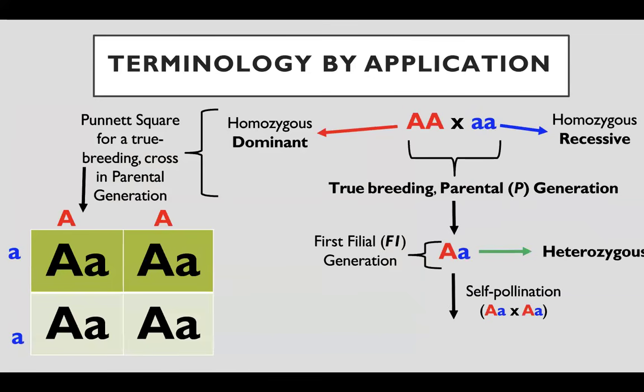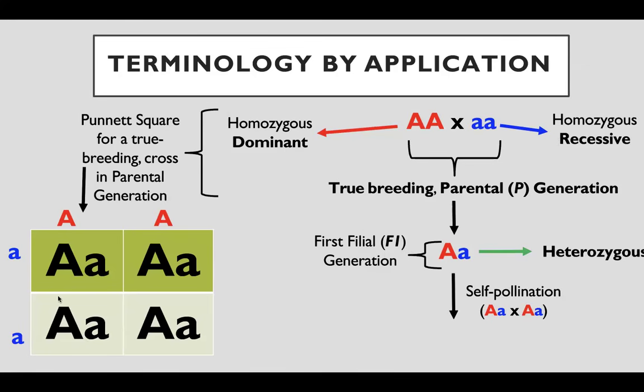So now we're going to get into crosses. So a true breeding cross is for traits that are the only one present for many generations. So true breeding traits are homozygous. So in this case, you have a homozygous dominant parent breeding with a homozygous recessive parent. So uppercase A, lowercase a.